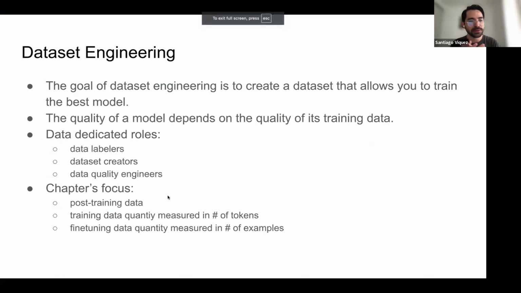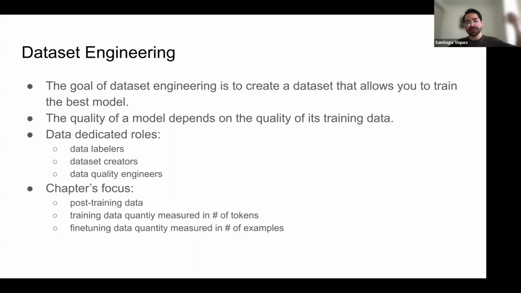In the chapter, we will focus on post-training data, meaning data that is used for fine-tuning purposes. It doesn't discuss much the pre-training data because we already discussed that a little bit, but it's assumed that you will gather a large corpus of data, from the whole internet, Wikipedia, forums.